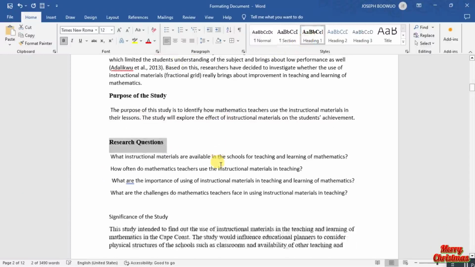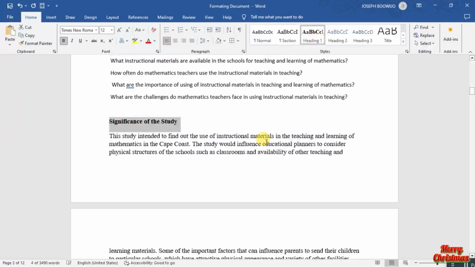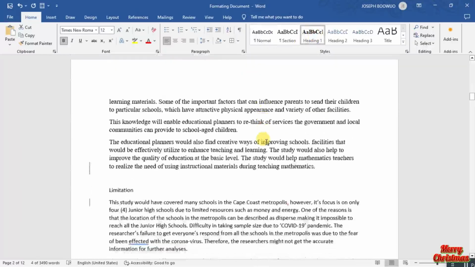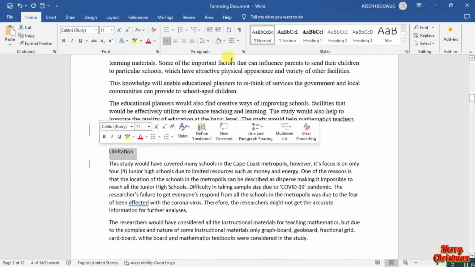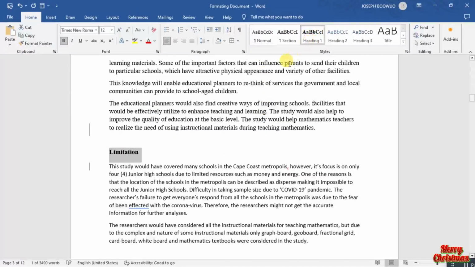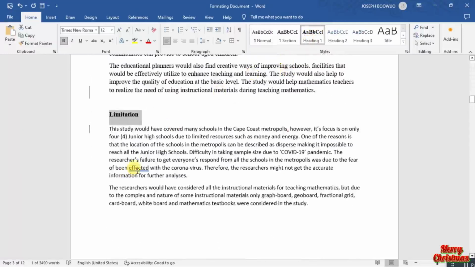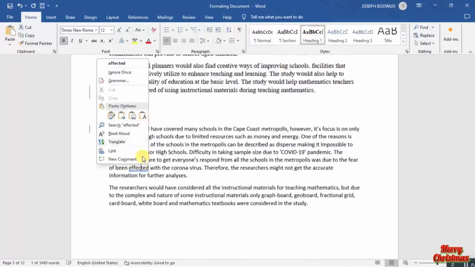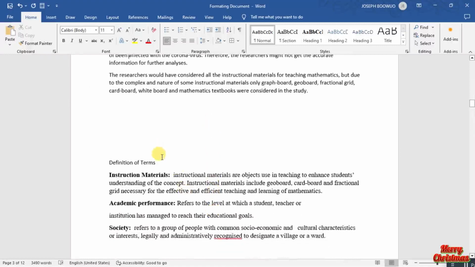Questions, research questions, taking the same thing. Significance of study, the same thing. So you see the importance now. You are just clicking it and you are good to go. Limitations, the same header. Now here effects, they said the grammar there is wrong, so it's affect, not effect. Definition of terms,